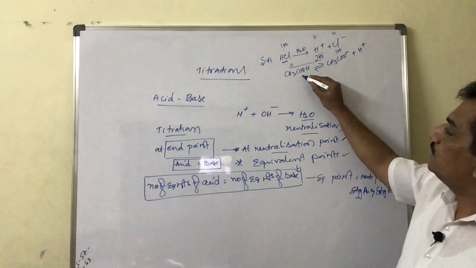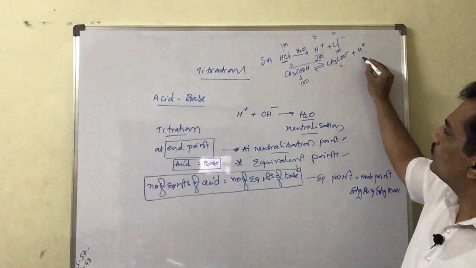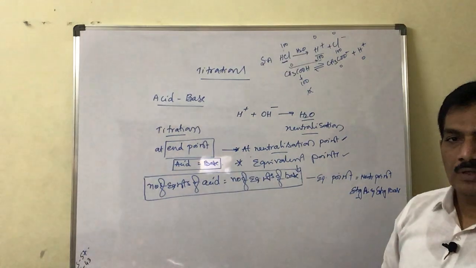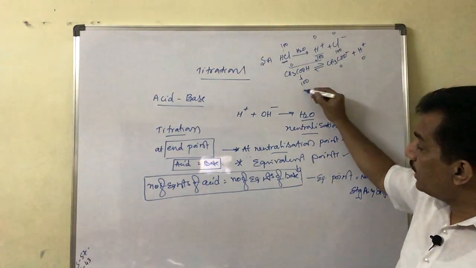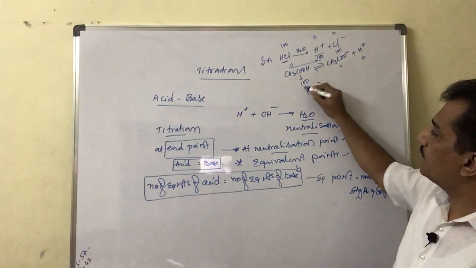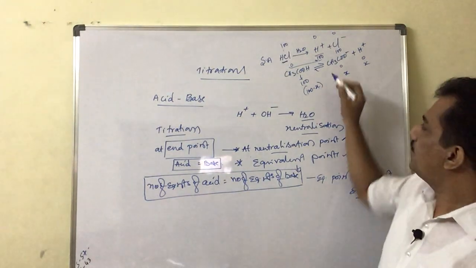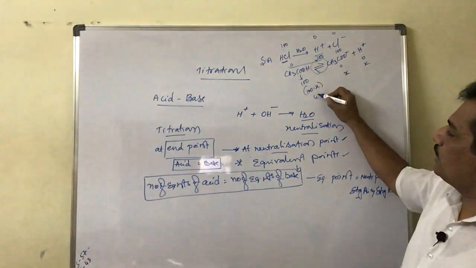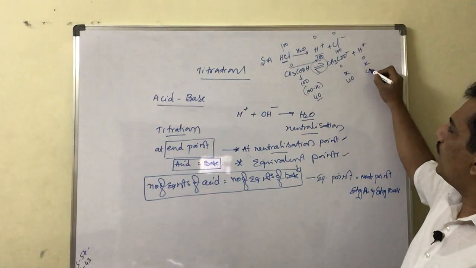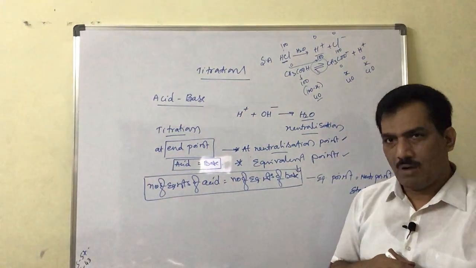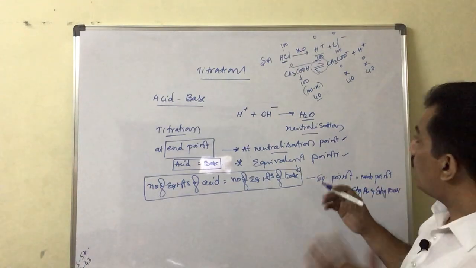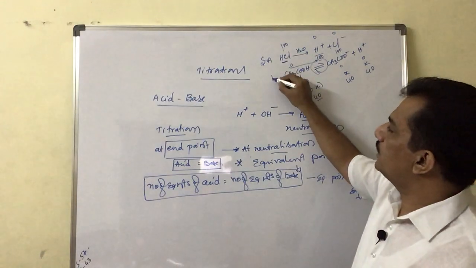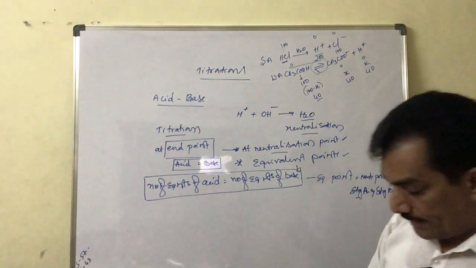Clear? And now this is in the beginning 100 and these are 0, and at any time it never becomes 0. Only less than 100, that is 100 minus some x will give x and x. It never undergoes 100% dissociation. For example, if out of 100 only 40 is undergoing dissociation, it will release 40 H plus and 40 CH3COO minus. And it is not at all possible to make it go for this type of 100% ionization. Then the acid is said to be a weak acid. I think now you got the idea.